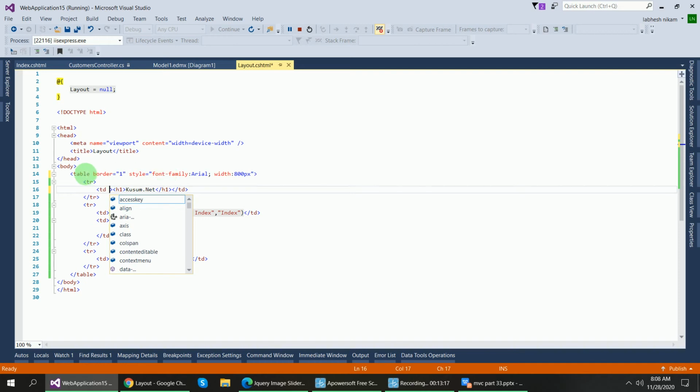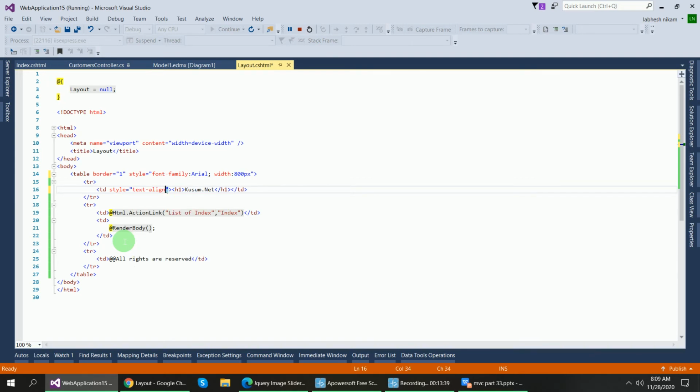Inside of this table I have used border one, style equal to font family Arial and with 800 px, and inside of header I will use a style attribute, so style equal to text align center,